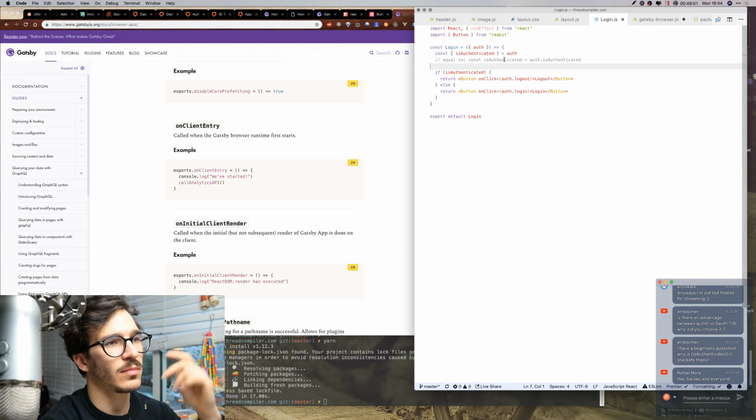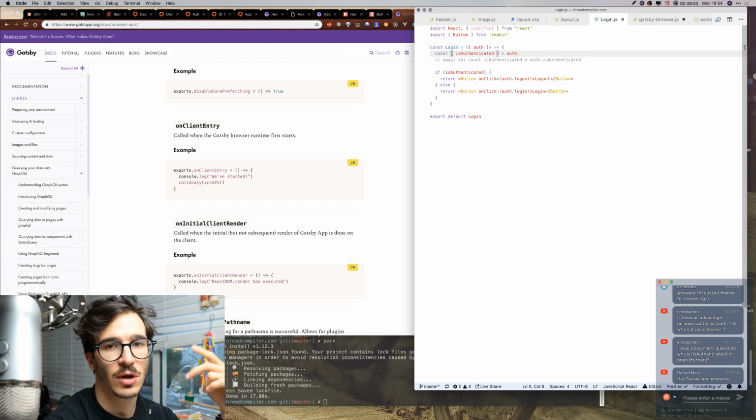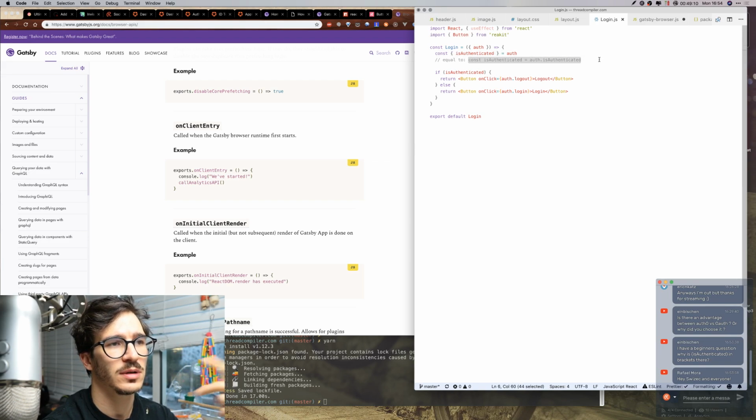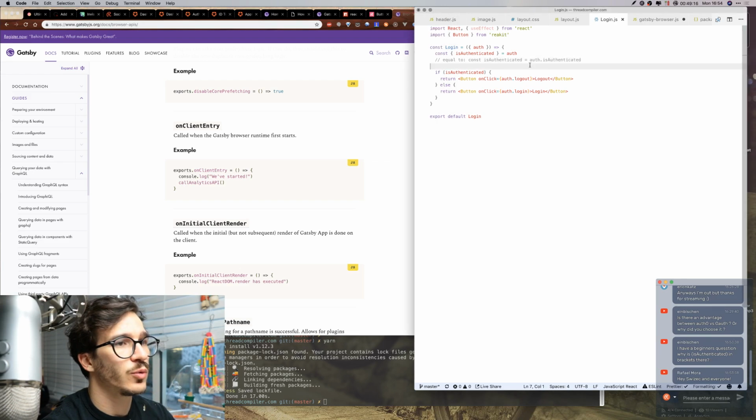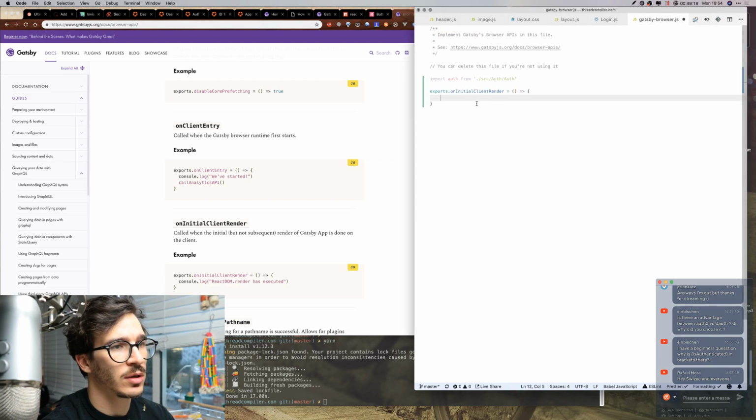So this basically using object decomposition, or object destructuring, is a quicker way of writing out this stuff, and it makes your code less repetitive and easier to read and all of that good stuff. So we are just gonna try this onInitialClientRender thing,